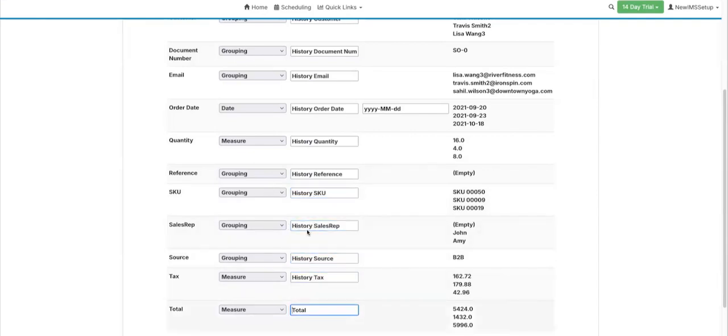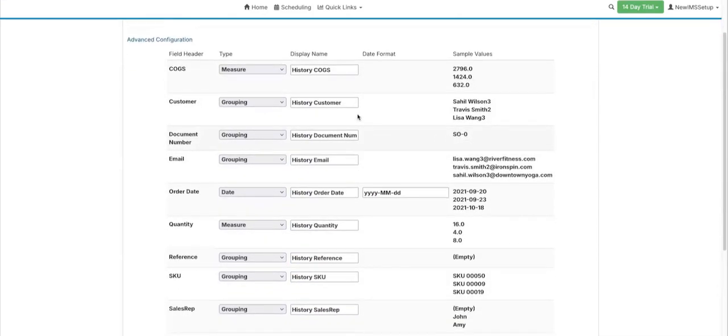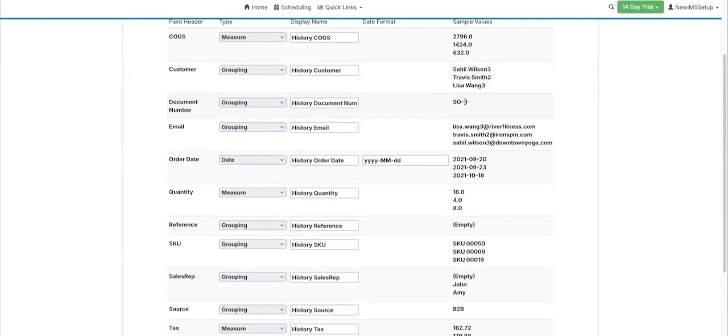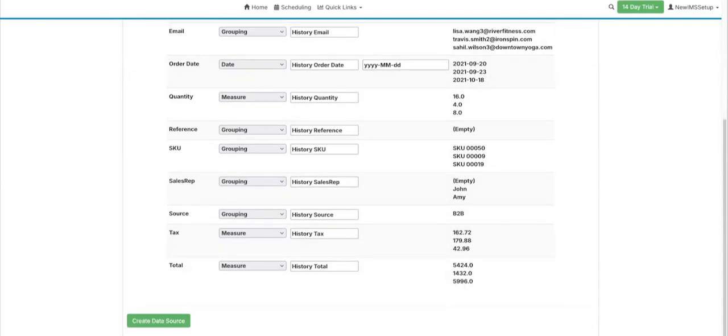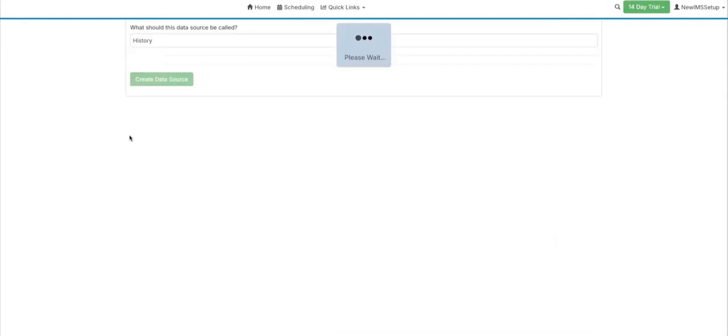As you can see, the data in this is pretty standard sales data. So you've got the customer, the document number, the order date, the quantity, the SKU, the sales rep, the tax, the total dollar value. We go ahead and do create data source. It'll take a second to process. After it's created that data,